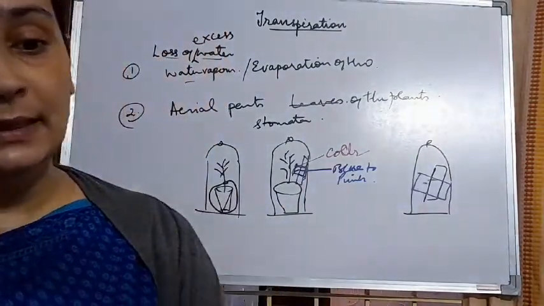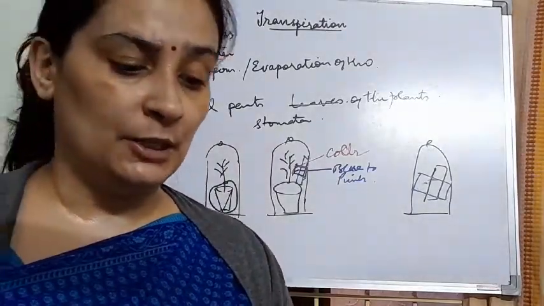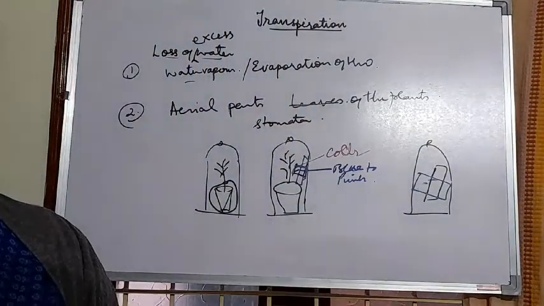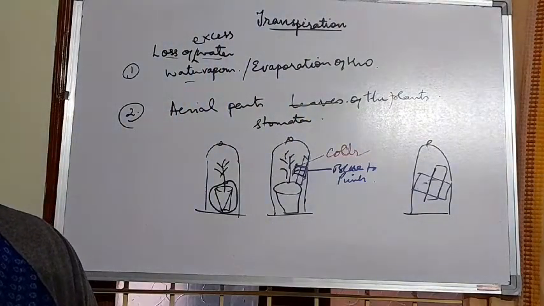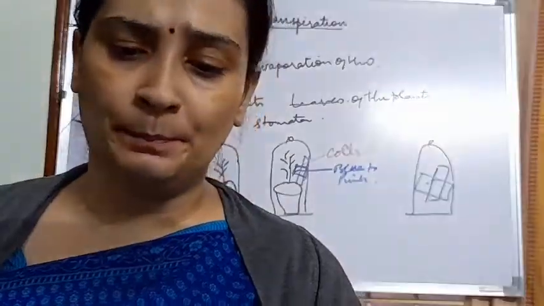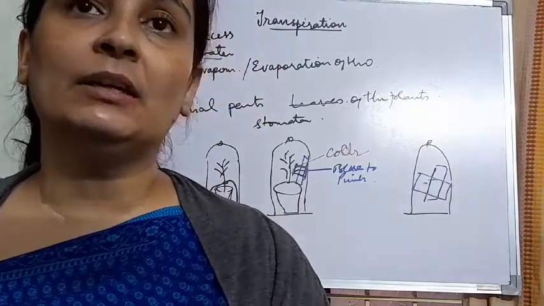Alright, then we move further to the measurement of transpiration. There is an apparatus which can be used for the measurement of transpiration, and that is called a potometer. So we are going to discuss these various devices in our next class, and then we'll continue with the